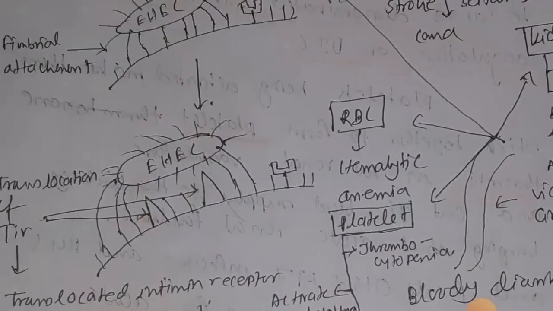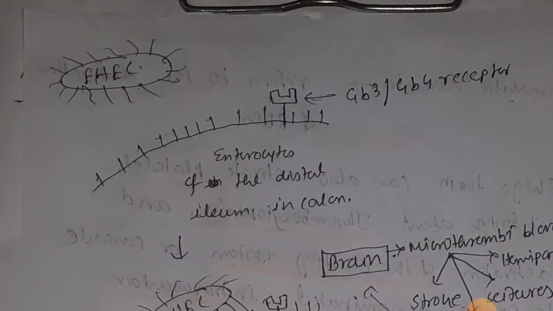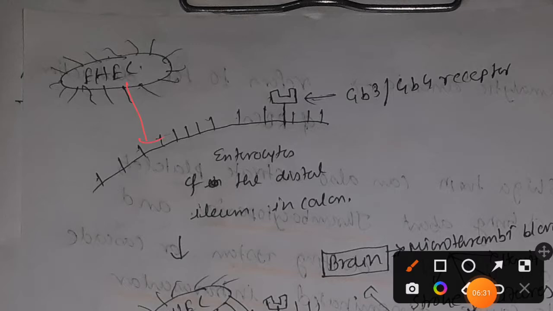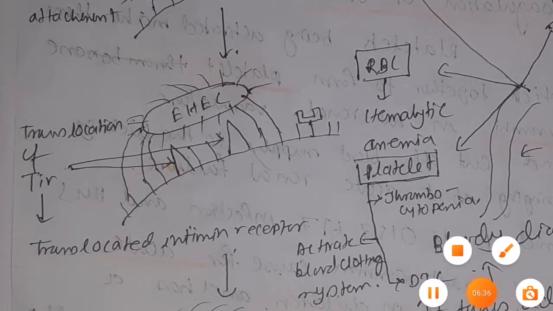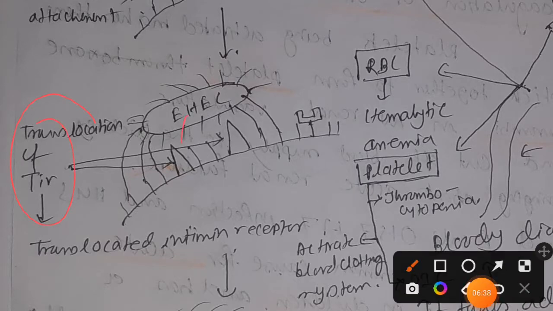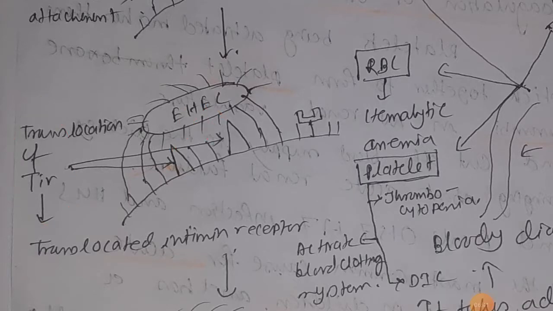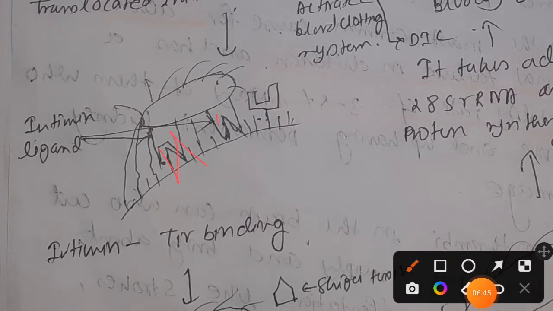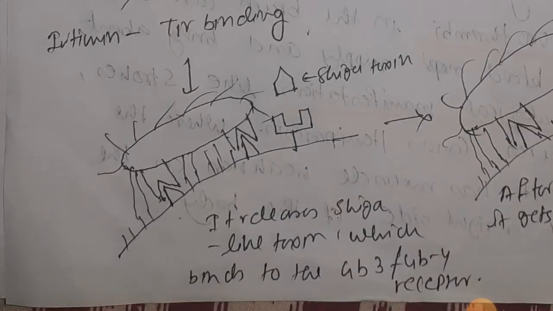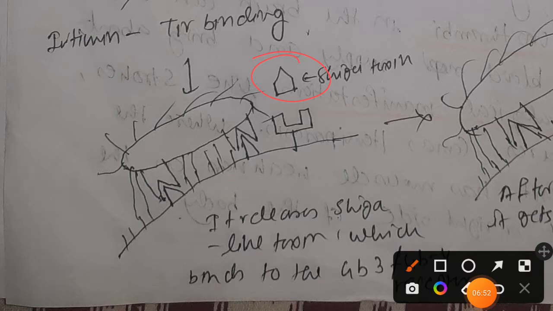I think you can understand up to that part, right? That first of all, it will bind to the host cell via fimbriae. Okay, after that, they will translocate the Tir that it expressed. Okay, then they will bind with those Tir via the intimin ligand, that is our intimin-Tir binding. Then they will start producing Shiga-like toxin. That Shiga-like toxin will bind with the GB3, GB4 receptor present on the surface of the enterocyte, and then they